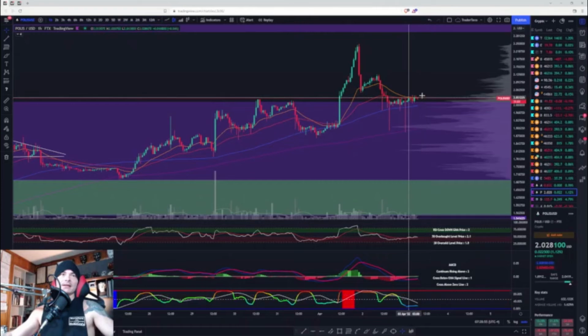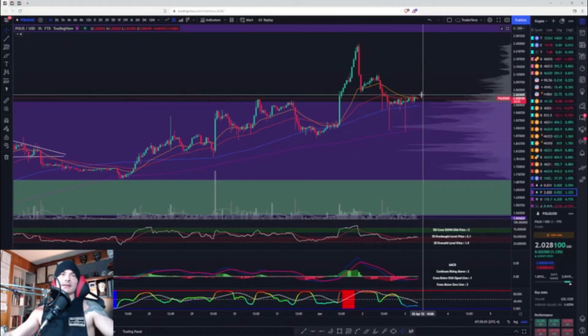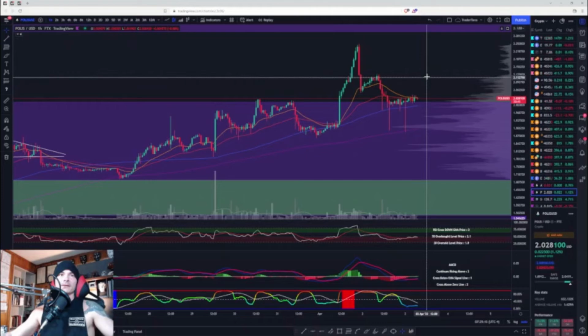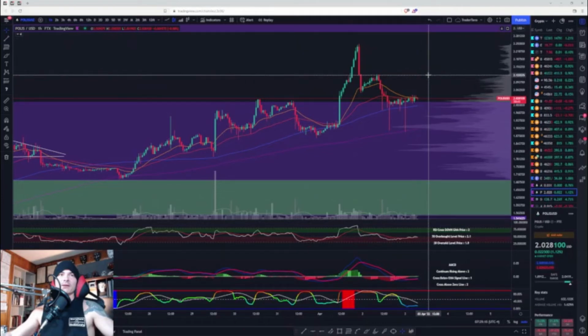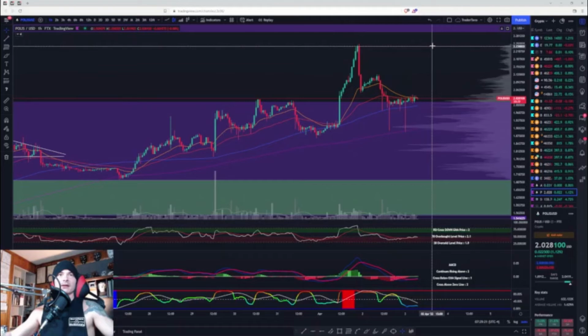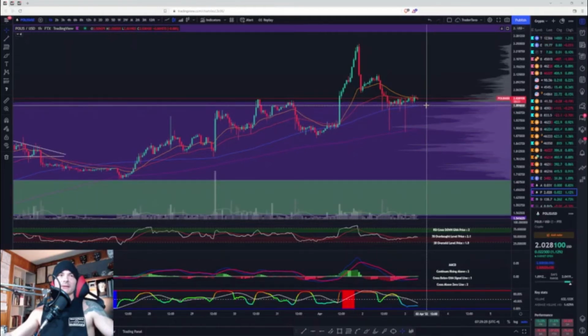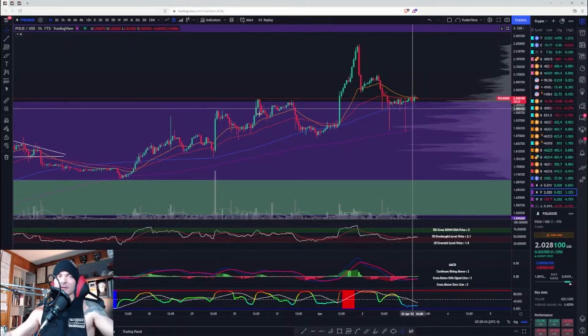Now, if we can get back above this last wick and actually get back above this last support, now turned resistance at 205, I would expect the next level to be basically 212. If we can break 212, I would expect us to go to 224. Validation of the downside would be to break this 100, because right now that's support. We got a few resistance spots that are now turned support.